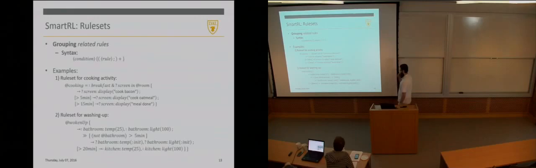Then here, we have another rule set for a complex routine called washing up. The user's activity is waking up, and again, our smart middleware is generating these kinds of symbolic references, based on our ontology. We're abstracting away from the smart middleware here because that's not the focus of this talk. We set the temperature in the bathroom constant, so this colon means a constant. We set it to 25.